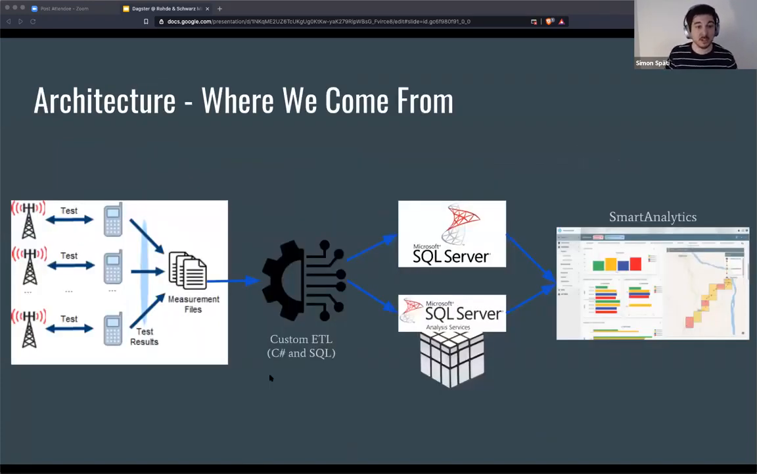So if you look at the architecture, this is actually the testing going on. During the day, several cars and several backpacks are collecting these measurement files. Then typically during the night or in the evening when you're finished measuring, you upload it to our data warehouse where our custom ETL is running. This is where all the magic happens, where the data is transformed into facts and dimensions. We clean the data, we transform it, we aggregate, and then we put it into the SQL server for the